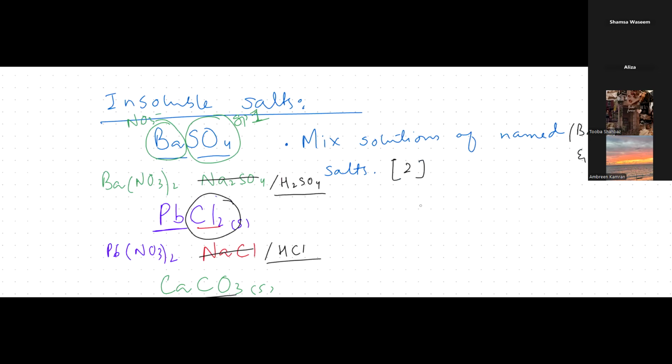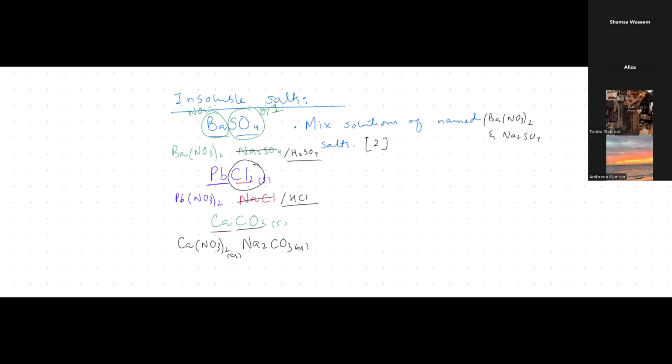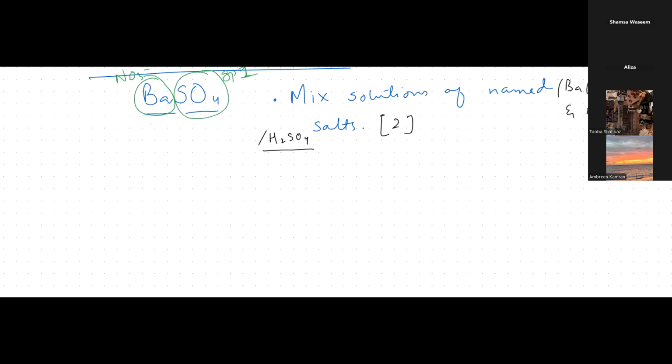Then what you will do, but what happens? Let's write down इसकी equation क्या होगा. ठीक है? Should I erase ये वाला part? Or do you want to note down? Should I wait? You can erase it. Okay. अच्छा, now see. We have to deduce as soon as you will mix these two solutions. When you're mixing barium nitrate and sodium sulfate, what should we get? ठीक है? So I'm going to mix barium nitrate and sodium sulfate. ठीक है?